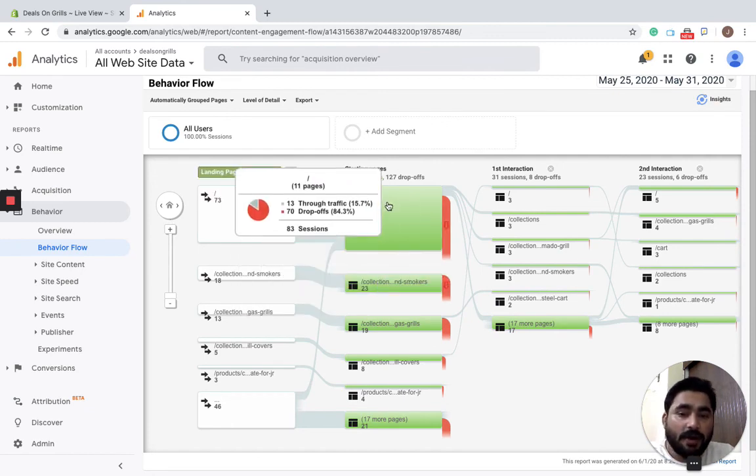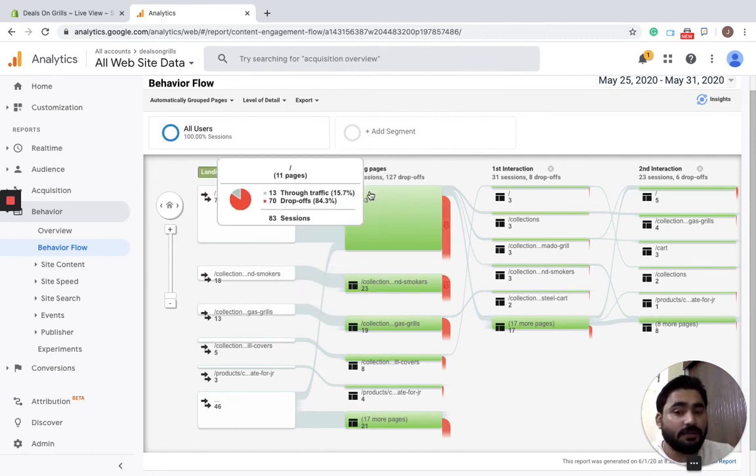Now I got to know that there's something wrong with my landing page. So I will most probably install a heat map and see where people are actually leaving my site. Once I find that, I will try to optimize things and again start sending traffic and see if that works out or not. So it's basically A/B testing or hit and trial. The thing which works out, I will double or triple down the effort. The things which are not working, I will pause for the moment.